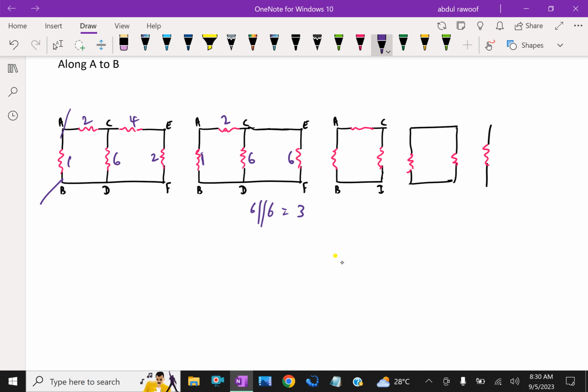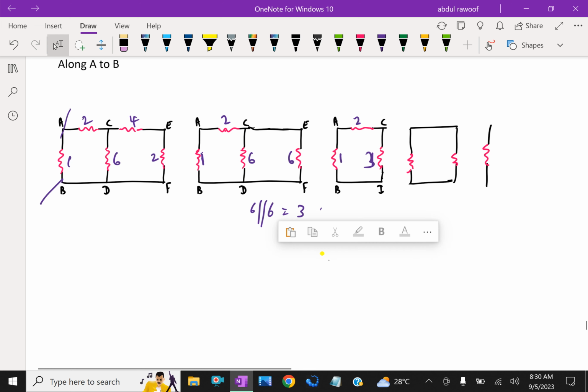So we have this 1, this 3, and this 2. Now here also along A to B, then 2 and 3 are in series, so it is 5 by addition, that is 1. So 1 and 5 is